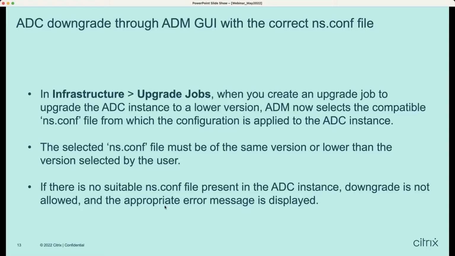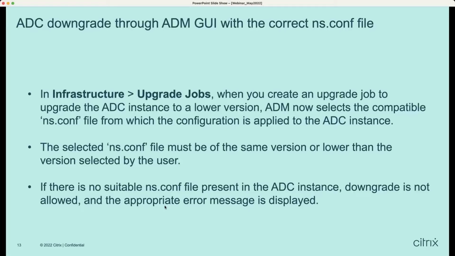So why not have that capability as well? Now, with the same upgrade job, instead of selecting a newer version, you can select an older one. Let's say your ADC is on 13.1 and for some reason you want to downgrade it to 13.0, you can select it. What ADM can do is select the right NSConf which supports that earlier